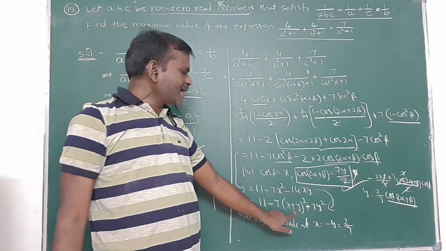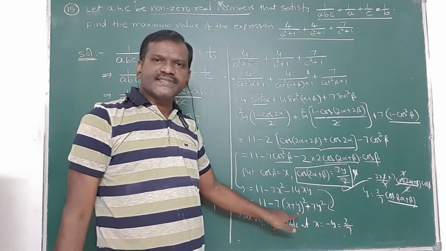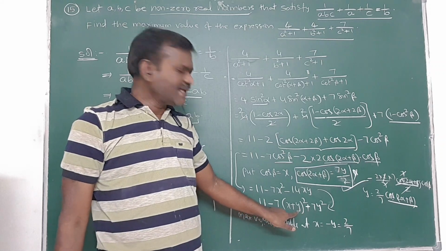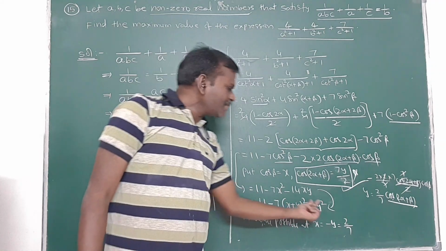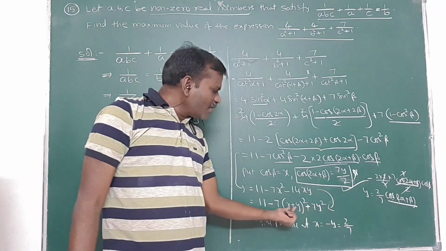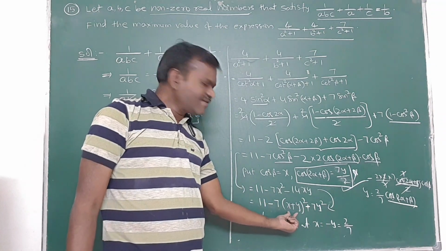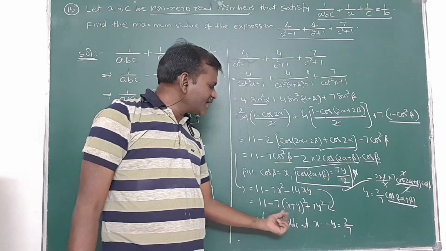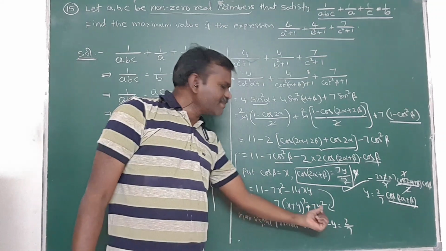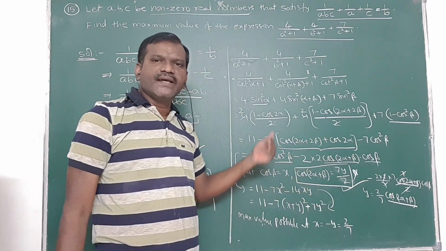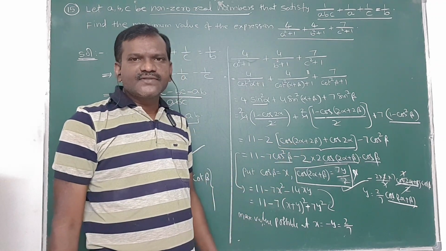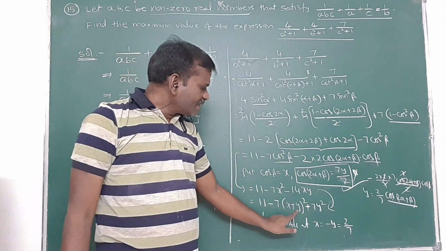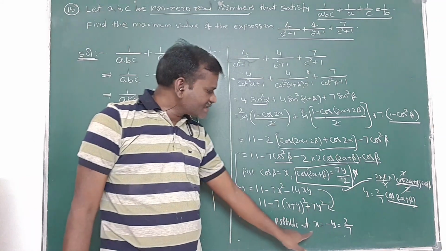Then this part will be cancelled. Why? Because this is a positive quantity always. For the maximum quantity we want, this positive quantity must be 0 only, then I can get this sum. If it is more than 0, then since minus 7 into something is subtracted from this sum, we will not get the greatest sum. So to get the greatest sum, this part should be equal to 0. That's why x is equal to minus y.